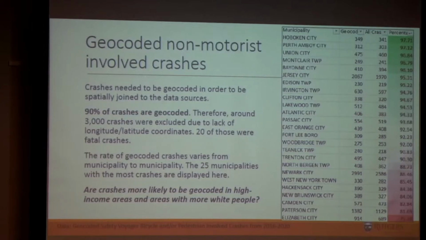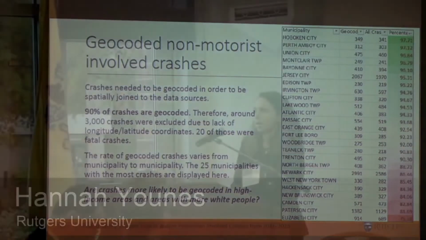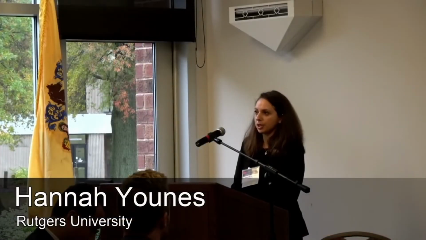So I was interested in how many of the non-motorist involved crashes were geocoded. Why is that important? Because when you're trying to pinpoint problematic corridors, problematic intersections, you need the spatial locations. The street name, when it's something like Route 130, is not going to be helpful, unfortunately, because it's just such a long stretch of road. For smaller roads, it might be okay to have just the street names. But for this, I am using just the geocoded